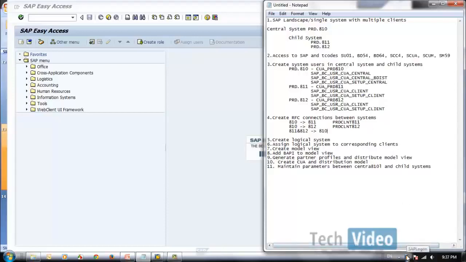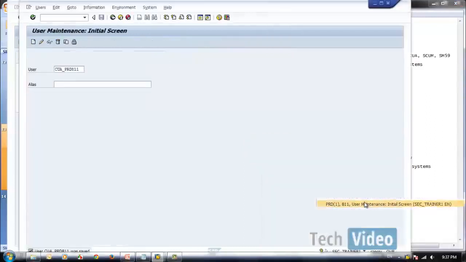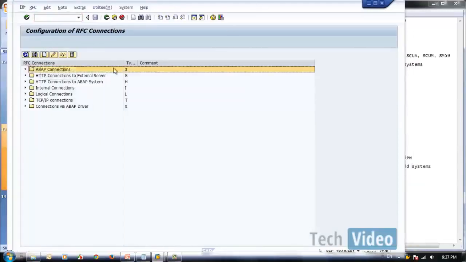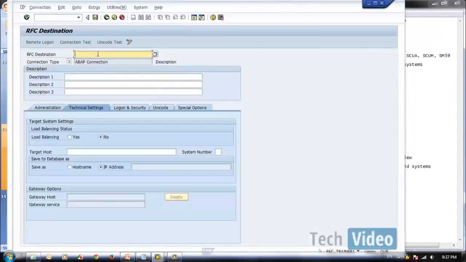Okay, now let me log into 811. Go to /NSM59. So let me create the new RFC.